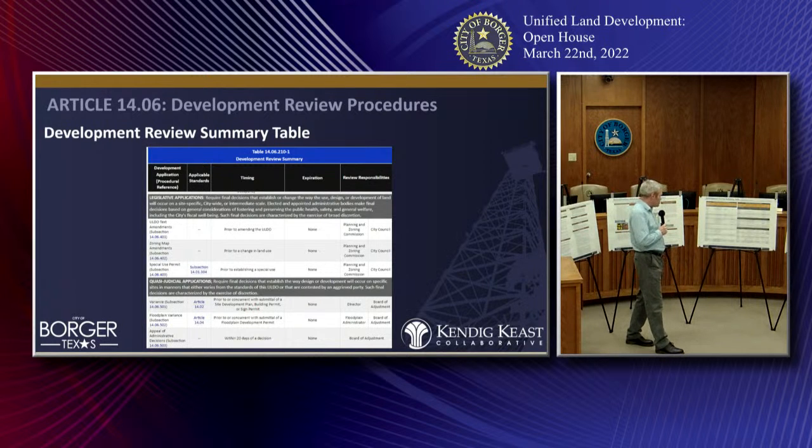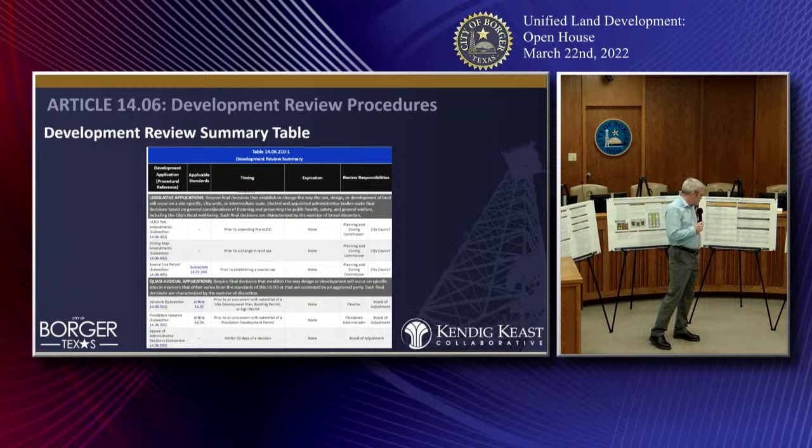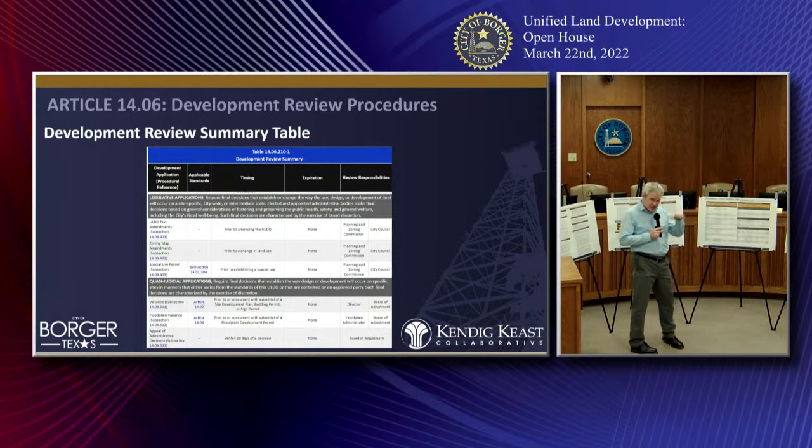And then those final 2 columns show who makes a recommendation and who makes a final decision on all of them. So many of the bigger picture items, like a text amendment to the actual ULDO or a rezoning or a special use permit, have a recommendation from the Planning and Zoning Commission, and then the final decision is by City Council. So it's all there in one spot. You don't have to look through paragraphs of information to try to figure out who makes a decision on these kinds of things. So I think it's very handy.